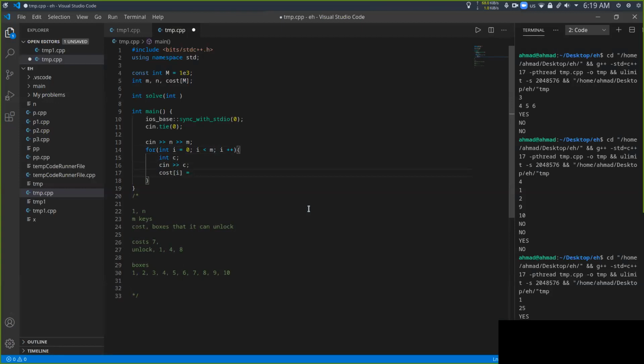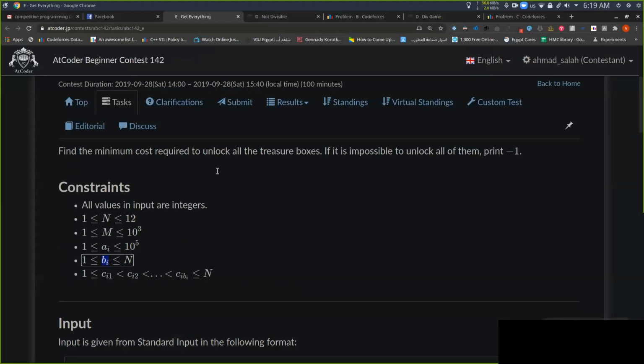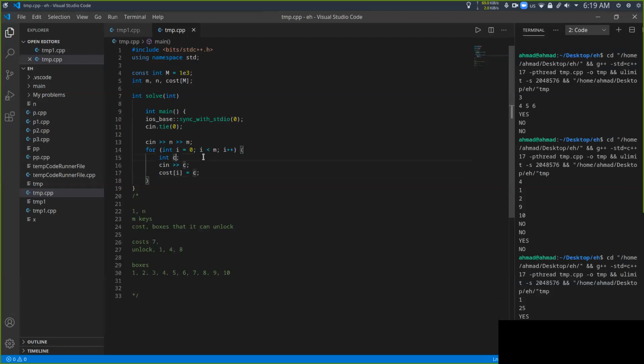Cost i equals c. Okay, so here I looped through the keys, and then I took the costs for every key, and then I should take another number B that has the number of boxes that it could unlock. Okay, let's make this B. So here the question: how to store